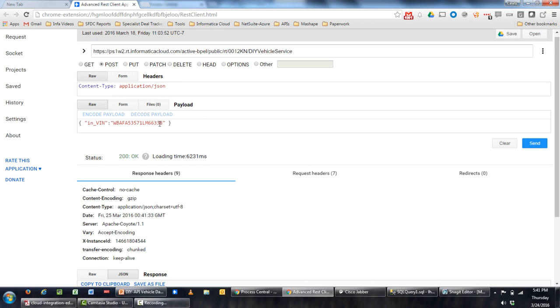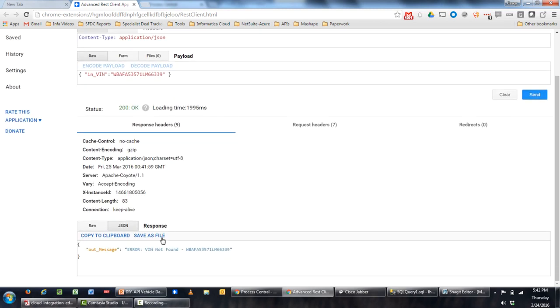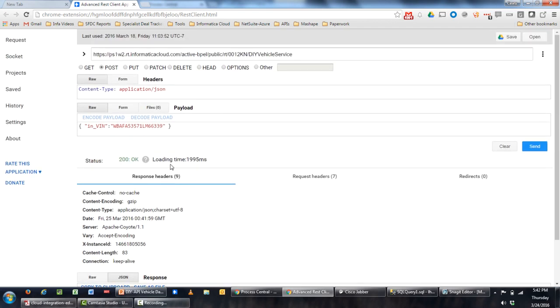Now let's say I got this wrong. Let's say this 8, I mistyped it and we put in a 9, for example. You can see there's the VIN not found. There's that error message that we were talking about earlier. So the branches are definitely working. We're going to go ahead and put this back, and then we're going to do the last piece of our